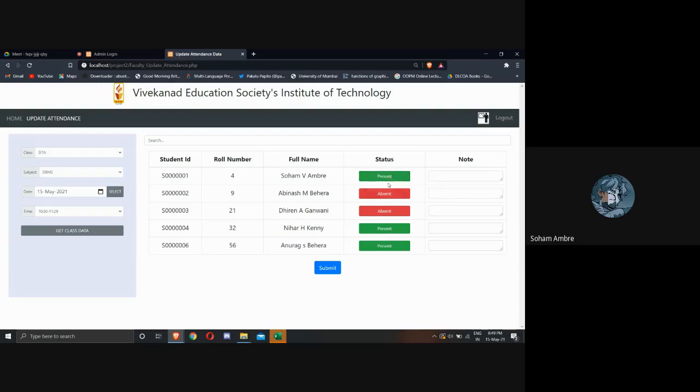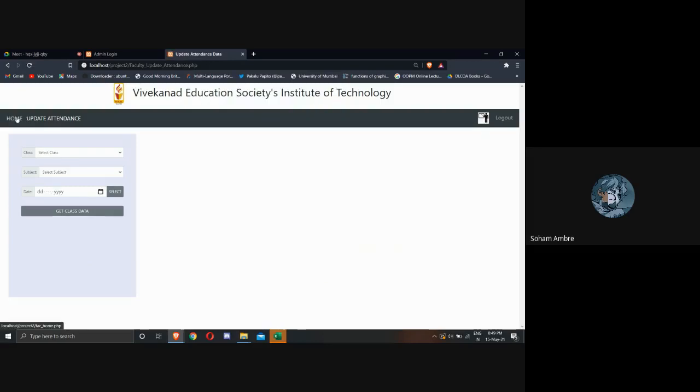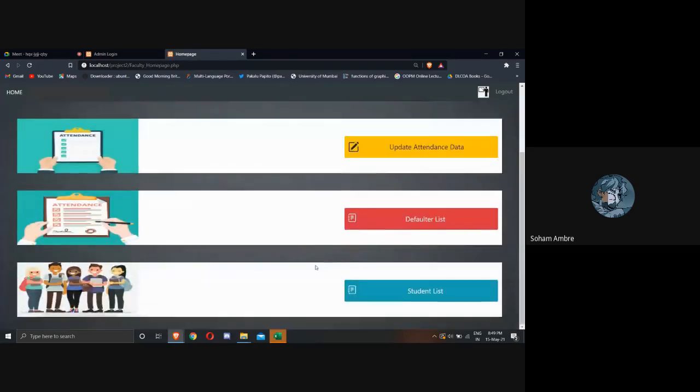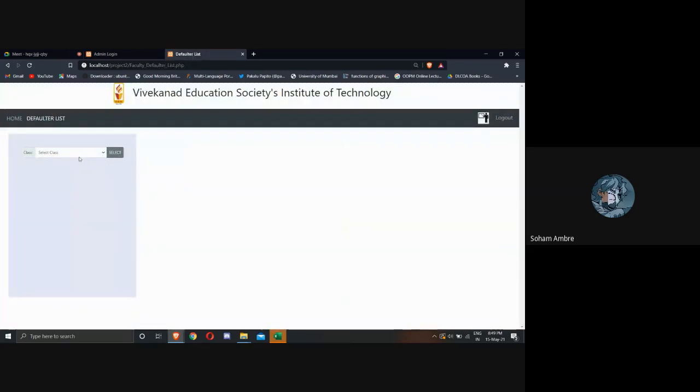And to view the defaulters list, to view the teacher's defaulter list, she has to select a class here.